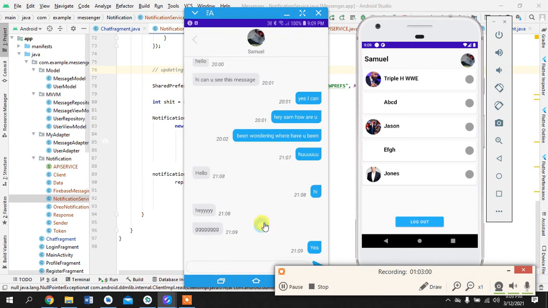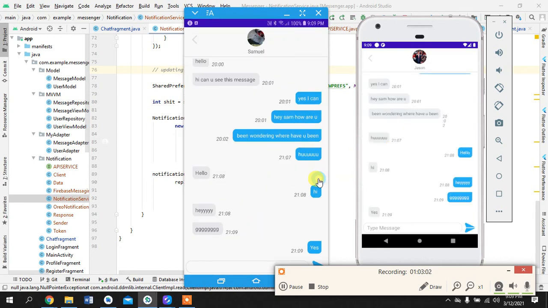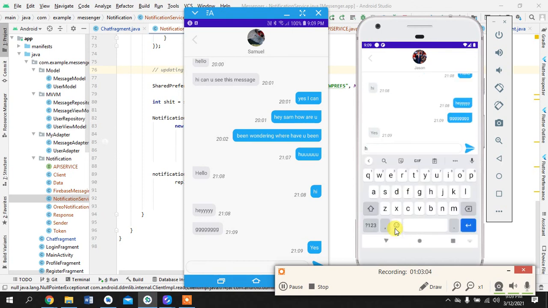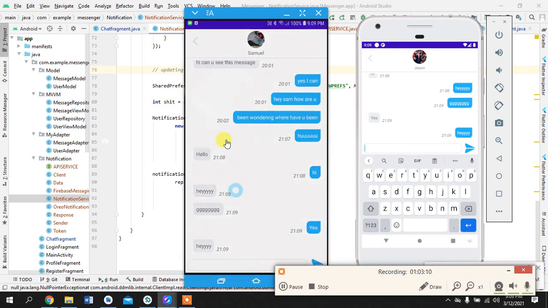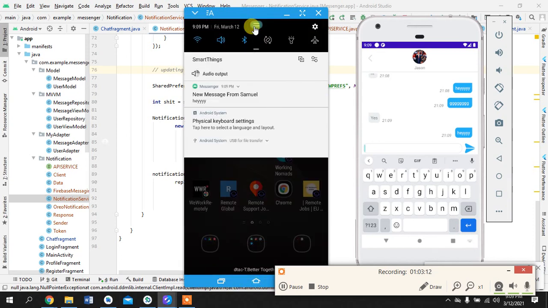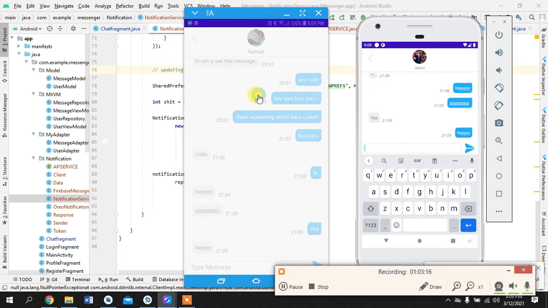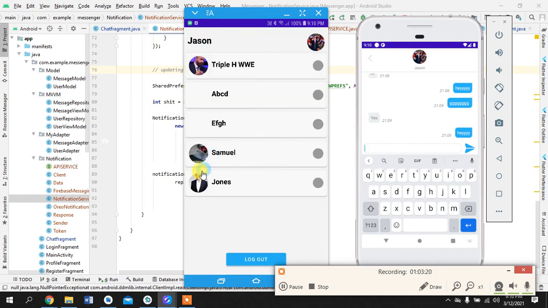Okay, so for the last test, how about we send another notification and see if the click works. So I have sent a notification and I would just go to the home and pull down, so now it should take us to Samuel. So it is taking us to Samuel, okay? So that's it, guys. This is one of the greatest joys of my life, to be able to make this